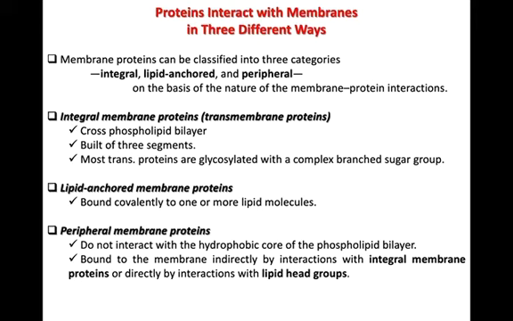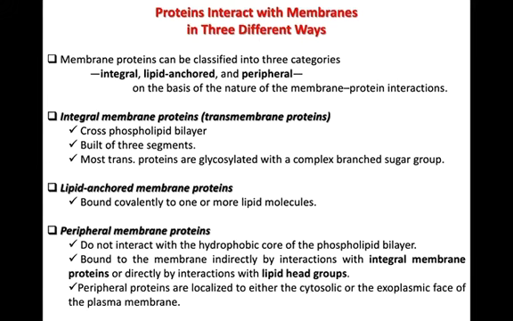And they are bound to the membrane indirectly by interaction with integral proteins. So you can see that the peripheral protein can bind to the integral protein indirectly, okay, or directly by interaction with lipid head groups. These peripheral proteins are either localized on the cytosolic surface or on the exoplasmic surface of